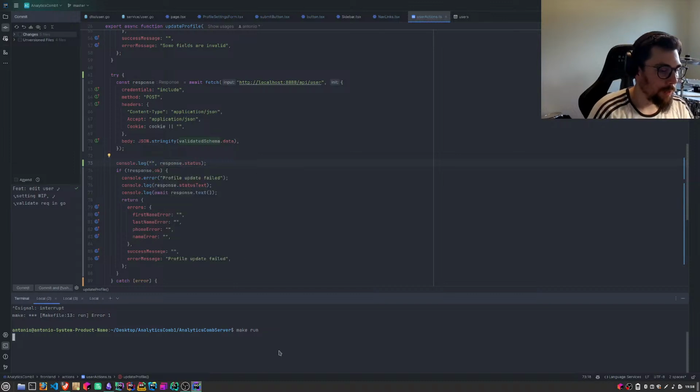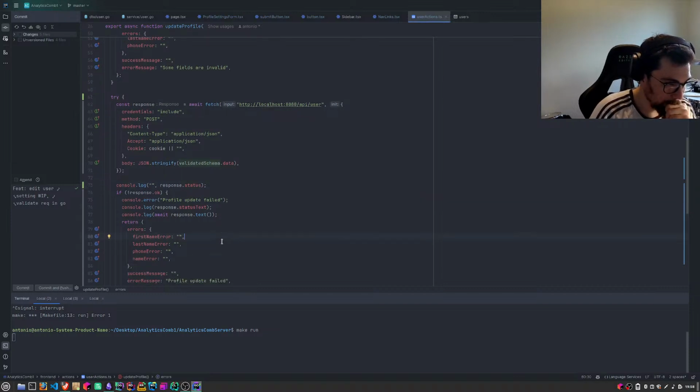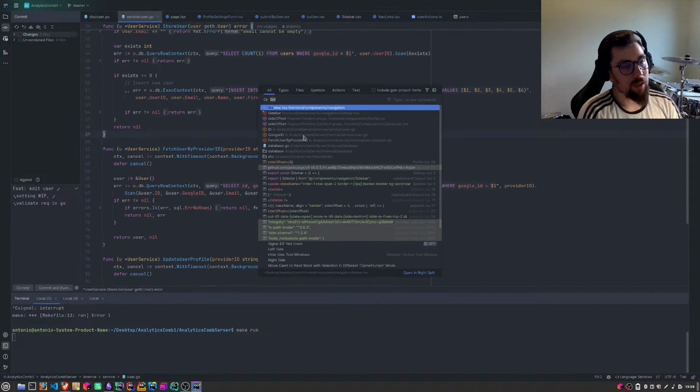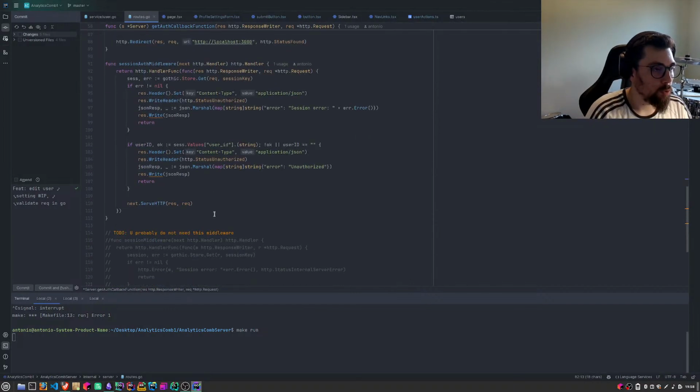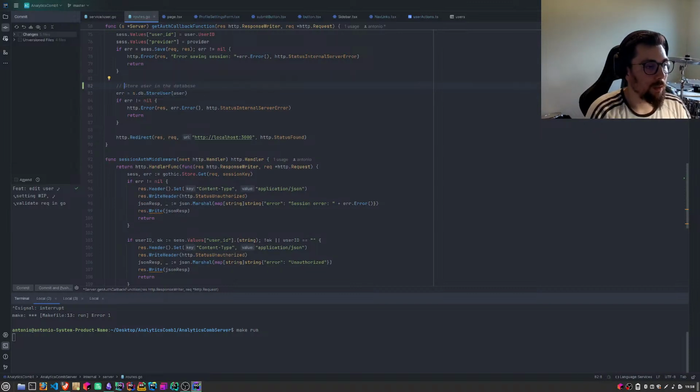But okay, did I run? My server is running. Okay. So let us produce a 401. Let's scan this. Where are my routes? I gotta remember to not store the user in the DB.